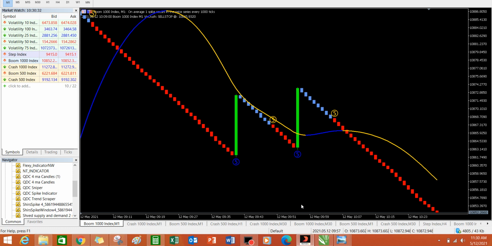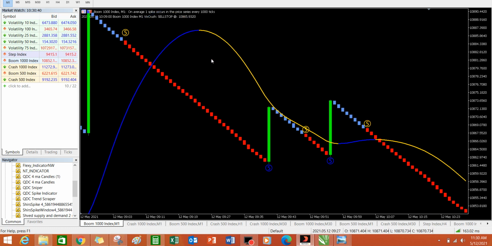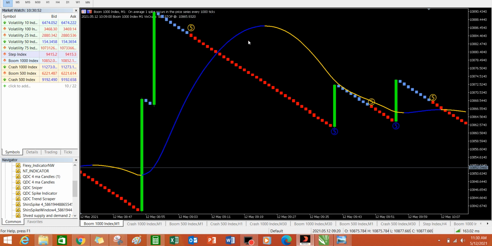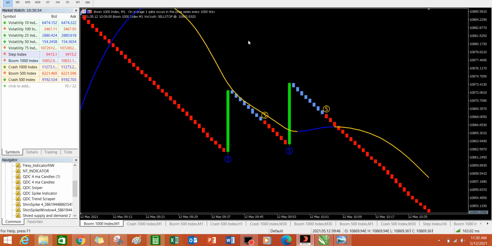So quickly, let's go straight into what is happening in the market before heading on to what we have for today. First of all, we're looking at boom 1000, and I'm using the signal indicator to do my analysis here. For boom 1000, after these two spikes happened, it took it straight to the resistance level because the spikes are long ones. From the resistance level, it has been falling, and right now it is very close to the major support level, so you should be exiting the market at the moment.